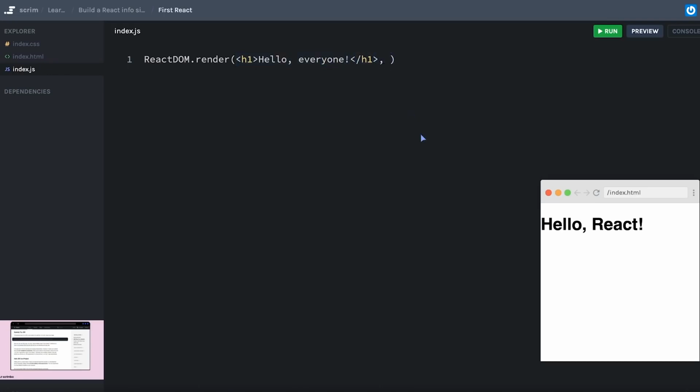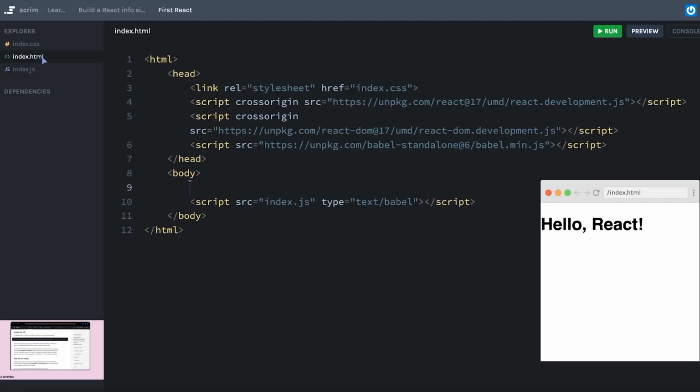The second thing is where do I want to render it? Well, let's go to our HTML and I'm going to create a div here. Just a completely empty div, and I'm going to give it an ID so that I can select it. We'll call it root because this is going to be like the root of our entire application. I like to think of this div as a container for the entire website that we're going to build in